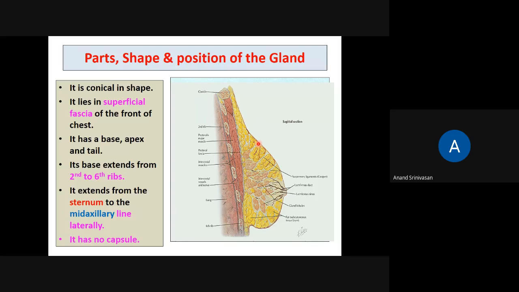How to contract the serratus anterior? Serratus anterior also forms a small portion. How to contract the serratus anterior? Push against the wall. Ask the patient to push against the wall, and then look for the lump. Any restriction in the movement of the lump? So that will tell you whether the